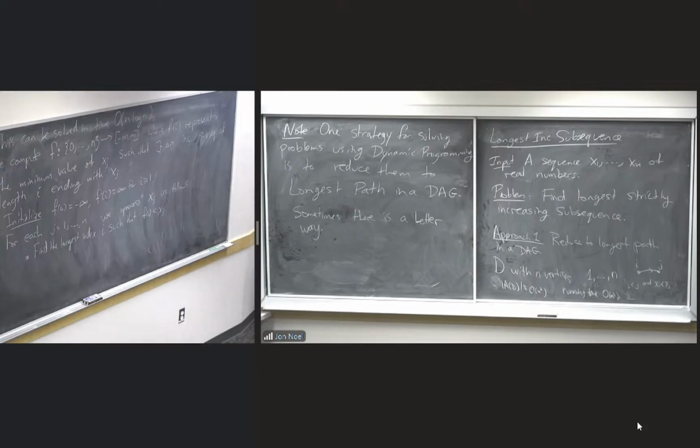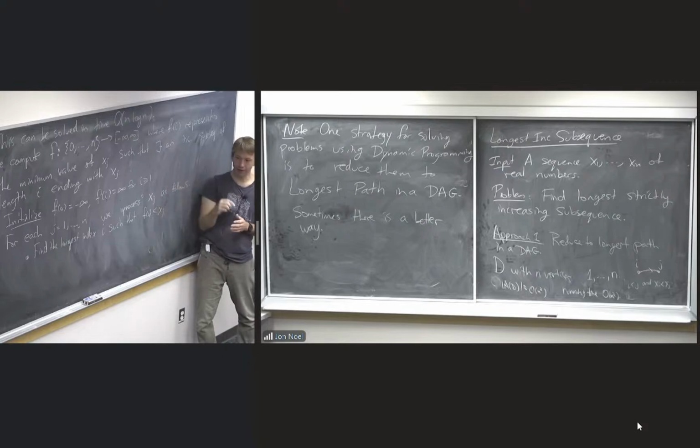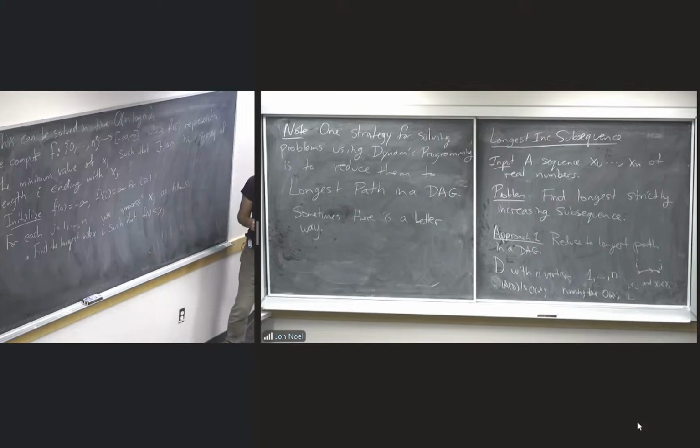So first of all, this is going to exist because f of 0 is going to stay negative infinity forever. So like I could be 0. And yeah, so there will be some index where f of I is less than xj, and we find the